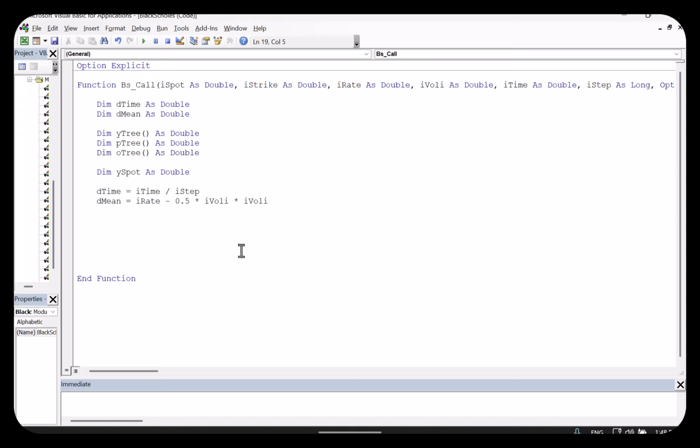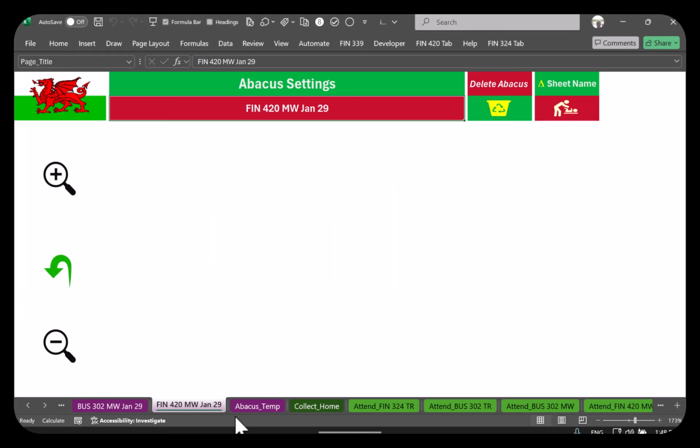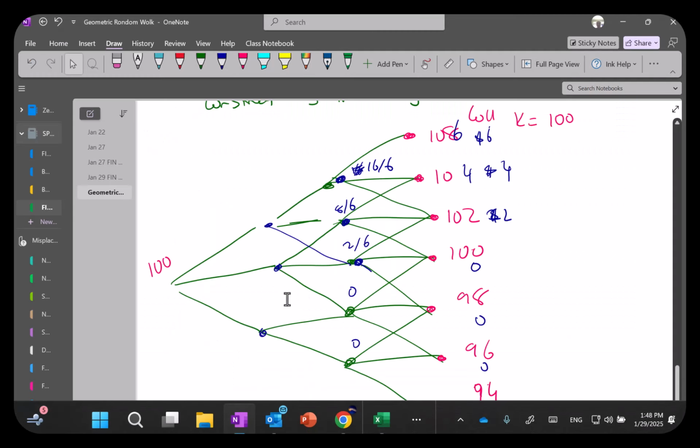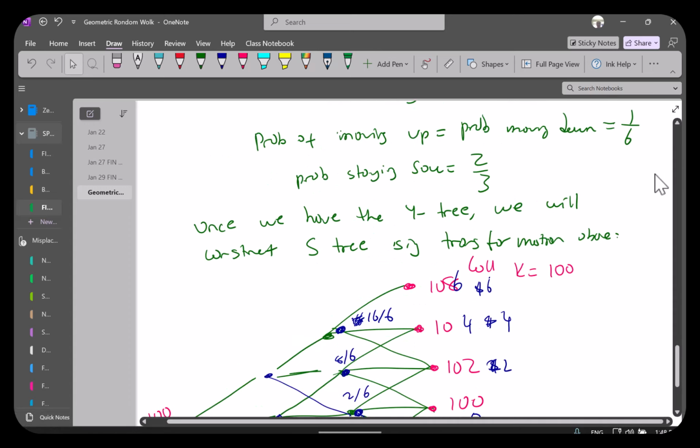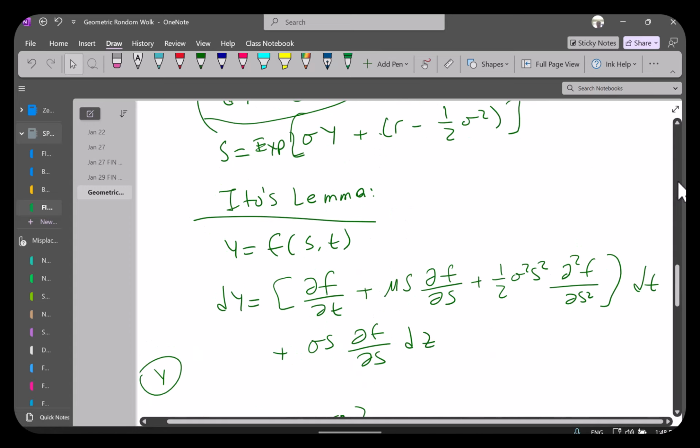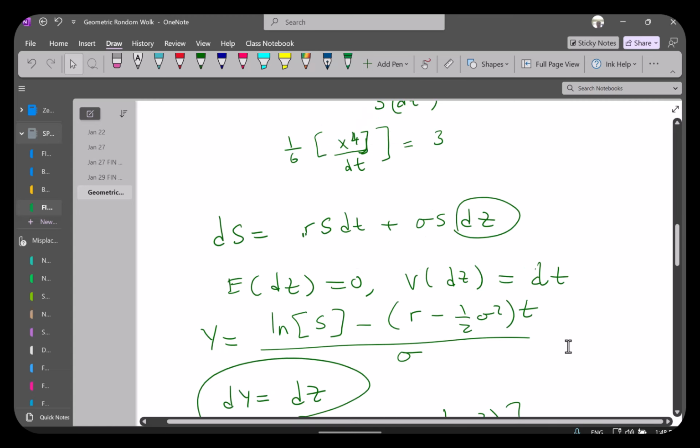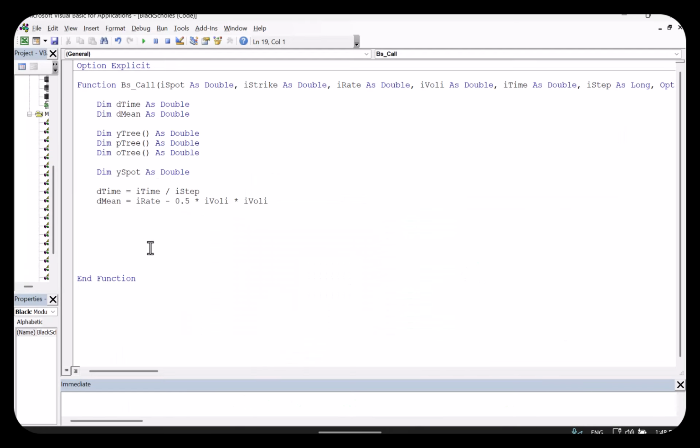I'm going to use ySpot to store this transformation, the log of the spot price minus all of that, because I'm going to construct a Y starting from that value, yTree. So ySpot equals